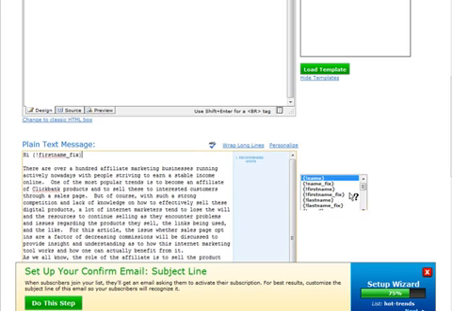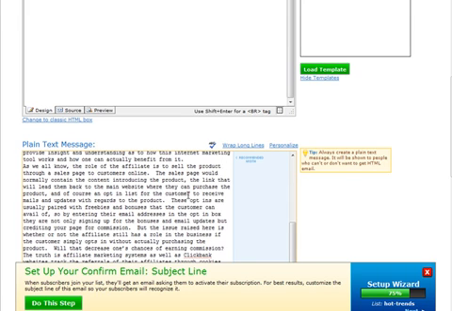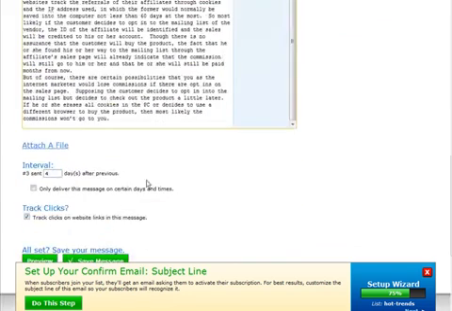Now all autoresponders have this feature. They just might look a little different. They look different in GetResponse and other ones. They do this a little bit differently, but they all do it. So we put our article in there, and then at the bottom we'll put